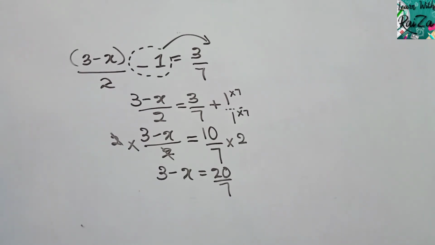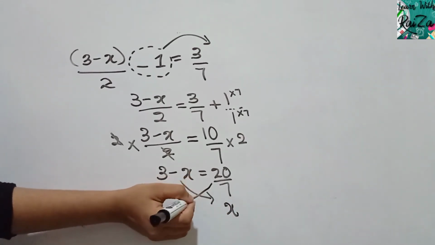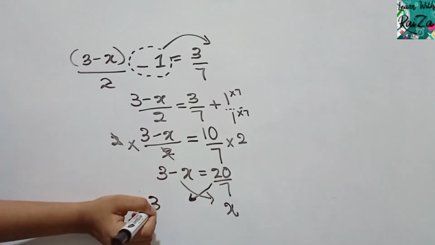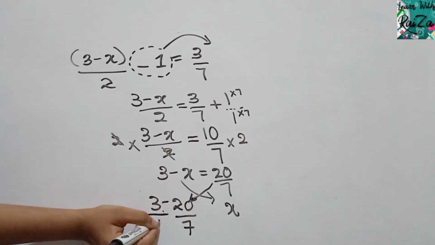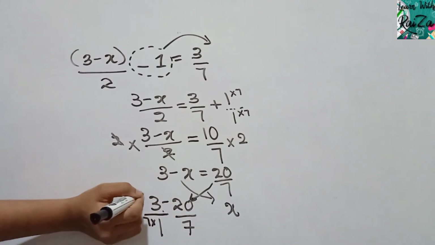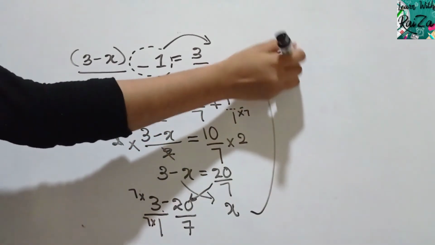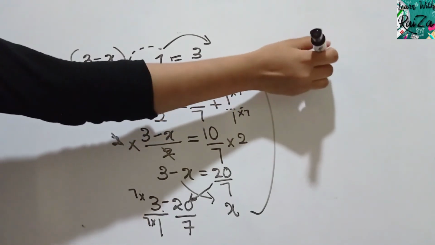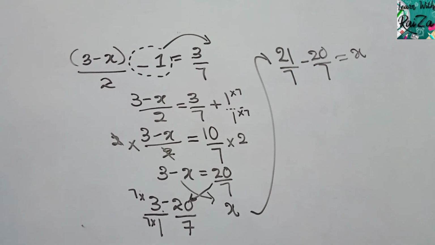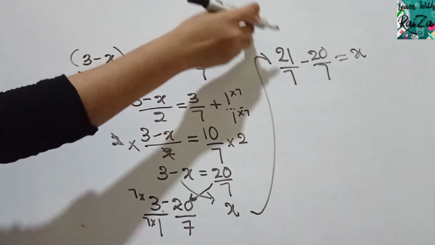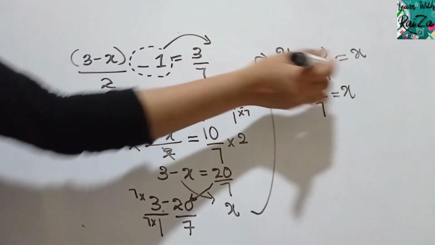So what the better thing is, carry this negative x there, it becomes a positive x. Carry these positive people here, they become negative. So now it's very easy. If you make the common denominator into 7, what do you get here? I can write it here. 21 over 7 minus 20 over 7 will be equal to x. So 21 minus 20 will be, from 21 if 20 is gone, that will be 1. So x is equal to 1 over 7.